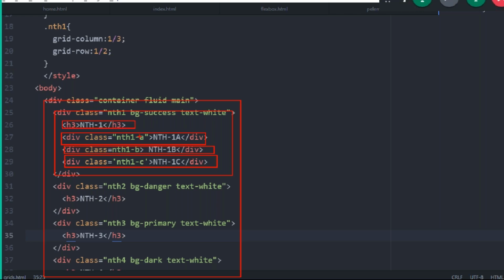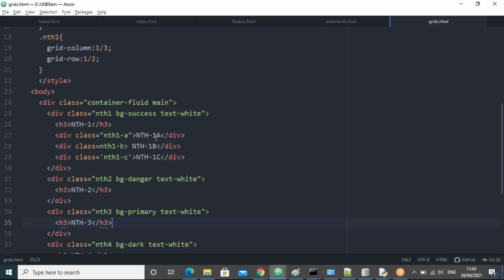Now for all of these, I'll give some default background colors, bootstrap colors, or else. Now what do I do here?